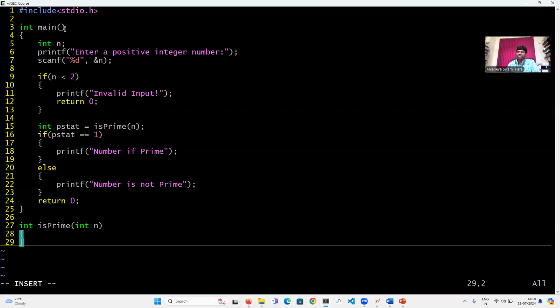Similarly, isPrime is the name of the function. It returns an integer value. And what is its input argument? It takes one argument n, and its data type is integer. It means that the user passes an integer number as an argument and it returns an integer value, which is actually 0